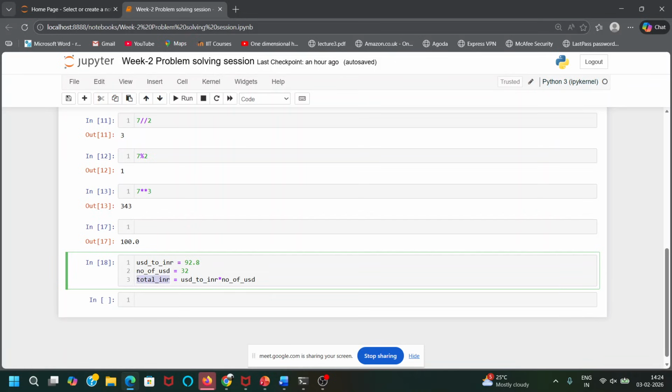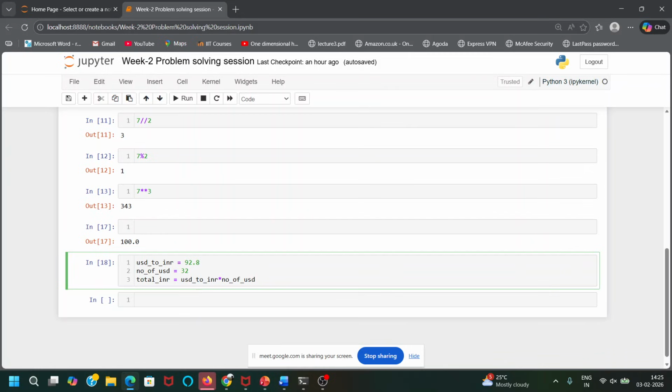So the total INR you will get is something. If you just want your money in 500 notes, what kind of operation should you do to find out how many 500 notes would be required to take your money? Obviously the maximum number of 500 notes will be there, plus some other currencies like 200, 100 or 50.